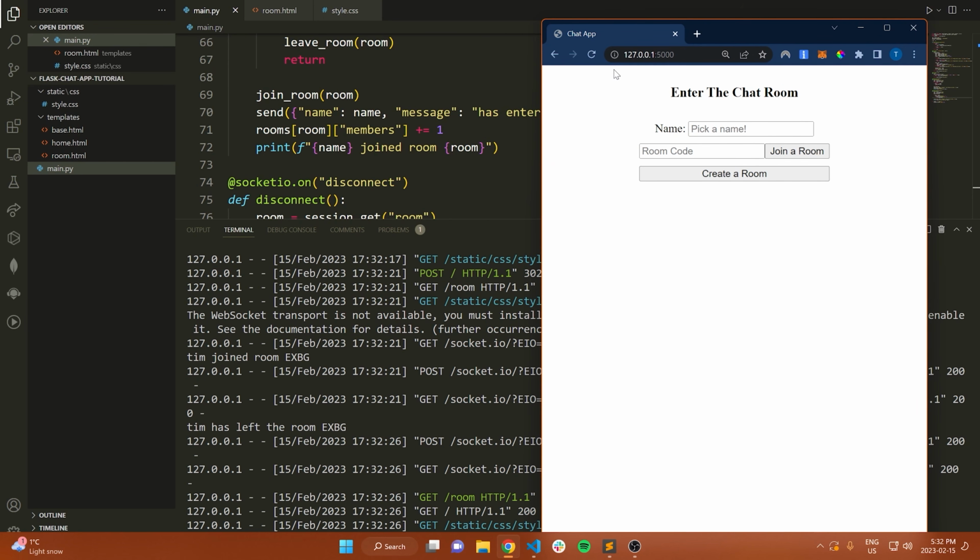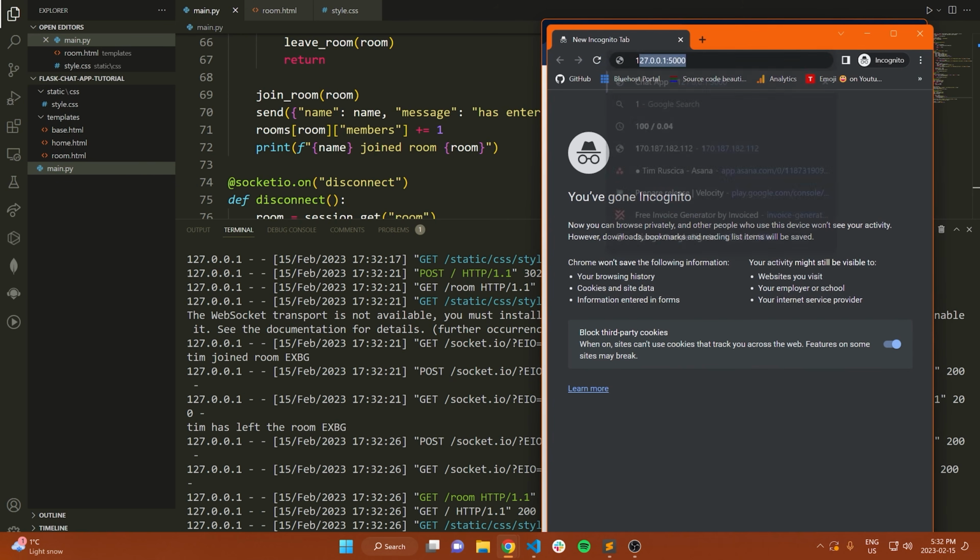That was the whole thing I was trying to set up, so that when you refresh, if you're the only person in the room, you go back to the home page because you've kind of deleted the room because you've temporarily left it. Now, if we do the following, so if I set up an incognito window and I go again to this case,